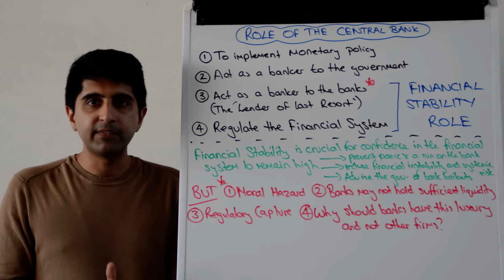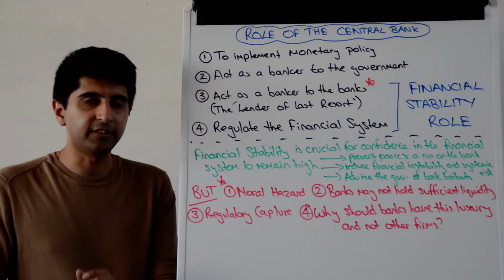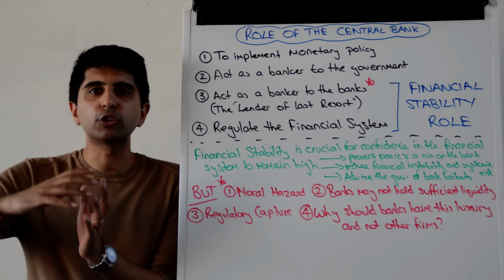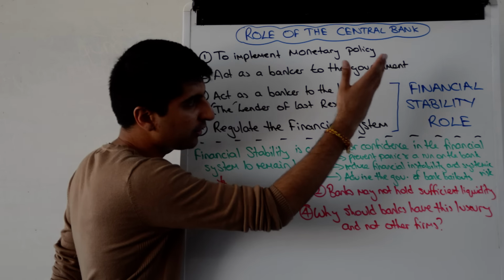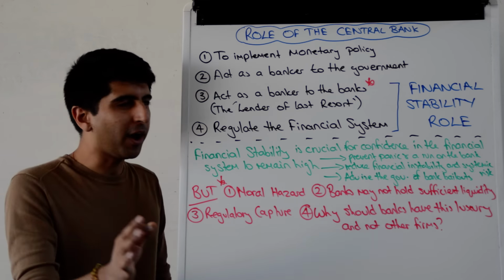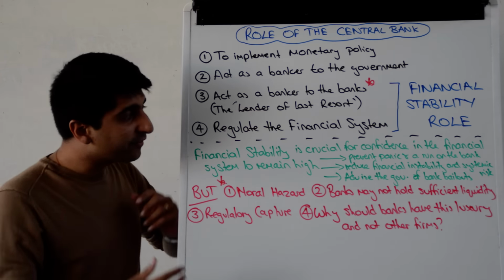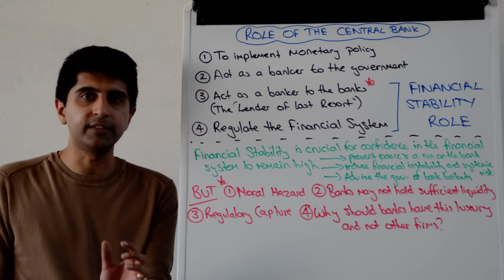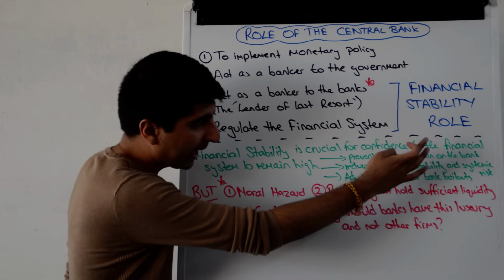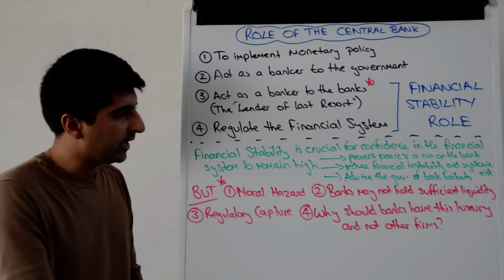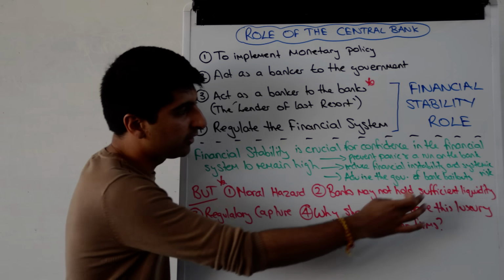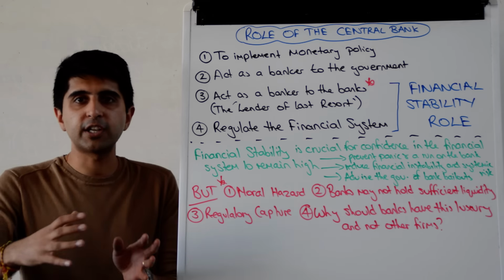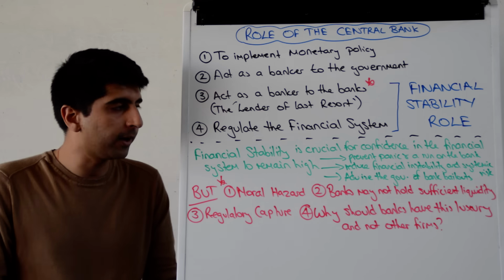The other role the Bank of England has is to regulate the financial system, again, powers which are now much greater since the 2008 financial crisis. So these two are financial stability roles that you must be aware of, significant roles. And these are very important to maintain confidence in the financial system, to prevent panic and a run on the bank, as we've just said, to make sure that the risk of financial instability is lower, to make sure that systemic risk is lower and the chance of financial system collapse is much lower.